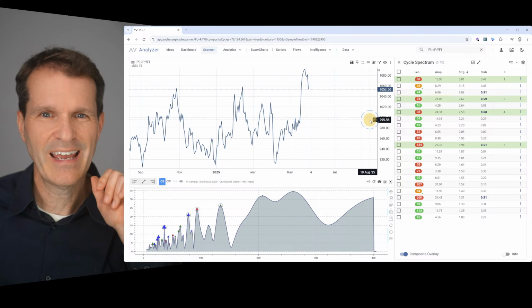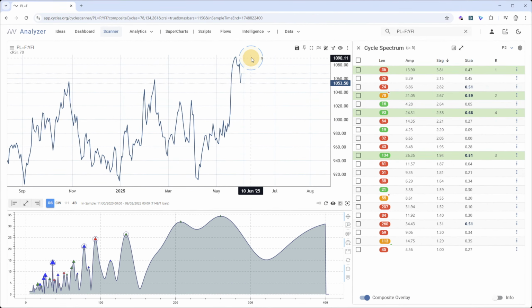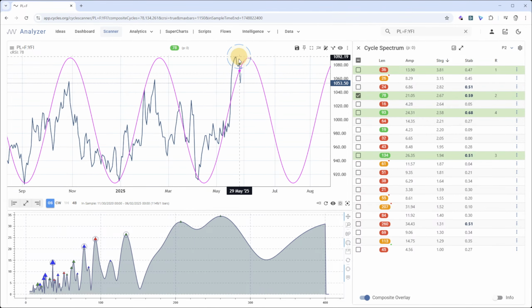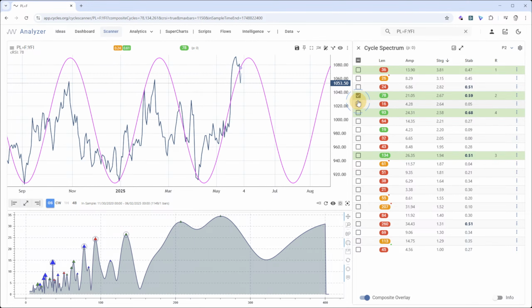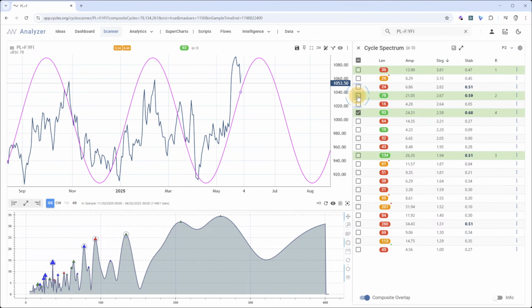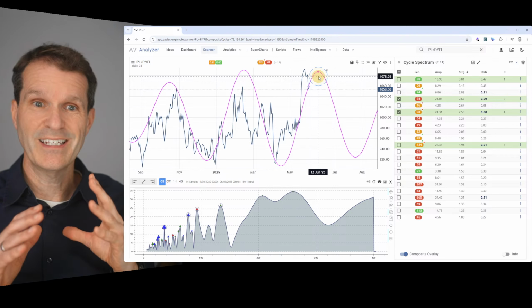And I would like that you observe the area here around, let's say June, yeah, so where the cursor is. So have a close look here when I go now through the activation of those 3 cycles. So let's start with 78. You see the first top comes in here, so I will now add the second, the 93-day cycle, and you will see it's quite the same timing alignment, yeah? So 78 here, 93 here. So if you stack them up, there's no shift in the cyclic top, which is quite interesting,